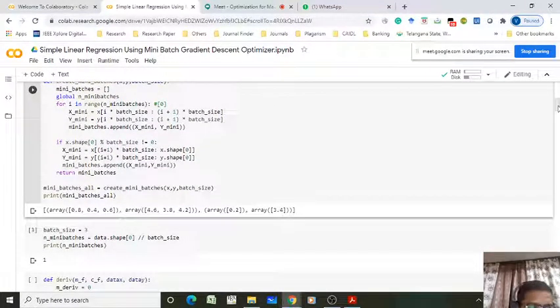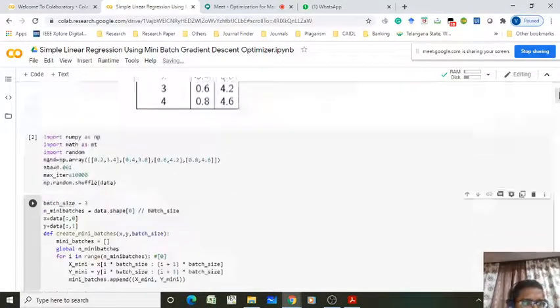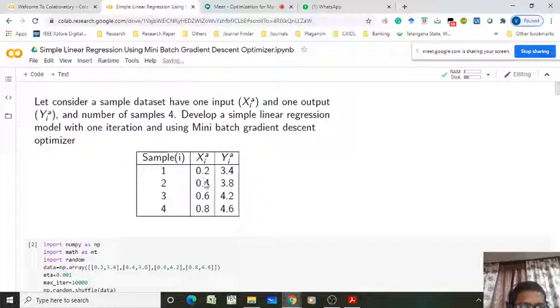Did you observe? One mini batch containing 0.8, 0.4, 3.6 and Y values 4.6, 3.8, 4.2. Another mini batch containing only 0.2 and 3.4, right? So that's what happened. But what did I tell you? 0.2, 0.4, 0.6 in one batch, 3.4, 3.8, 4.8 in another. In the first batch you expect 0.2, 0.4, 0.6.